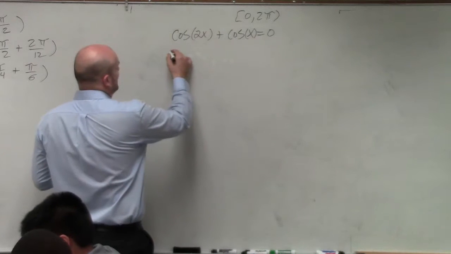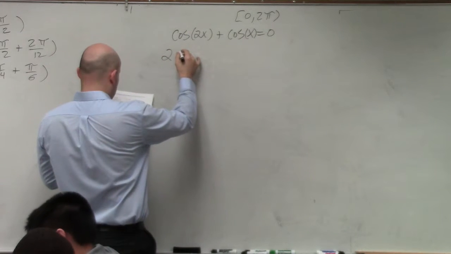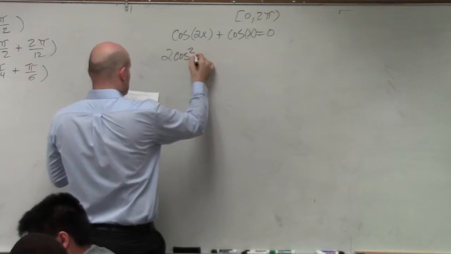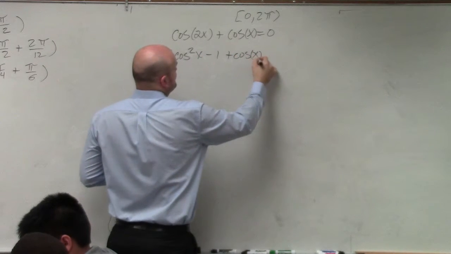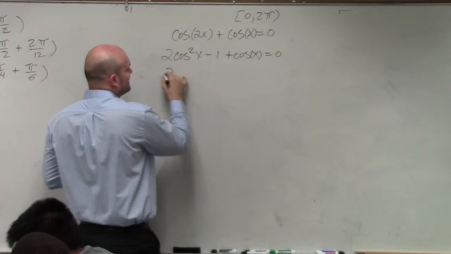So if I rewrite cosine of 2x as 2 cosine squared of x minus 1, plus cosine of x equals 0, I can now rewrite this